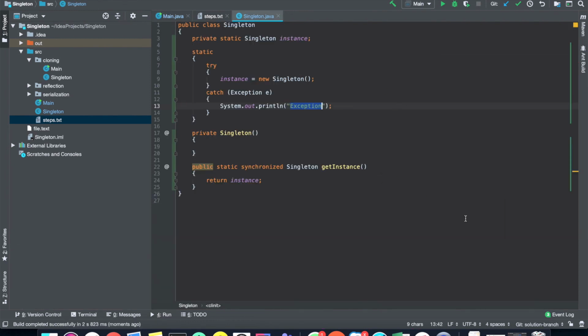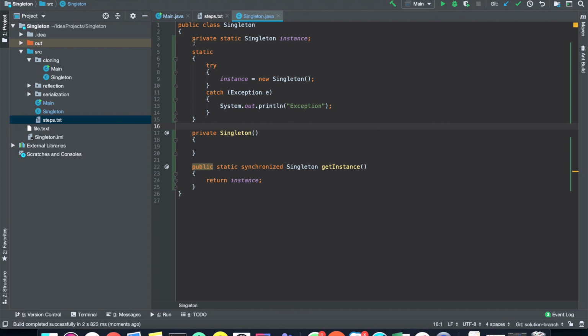The third approach is lazy initialization. In both the eager and static code block approaches, the object is created even if it is not used, so it will occupy memory. So we'll proceed to the next initialization, which is lazy initialization. The object is created whenever it is used for the first time.